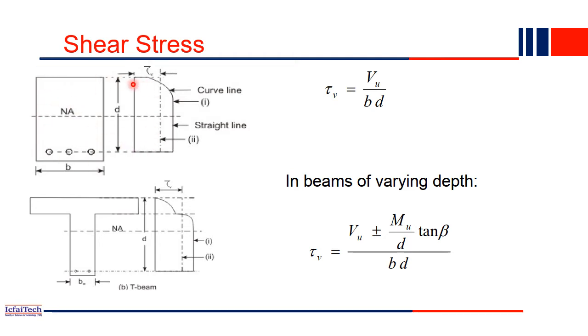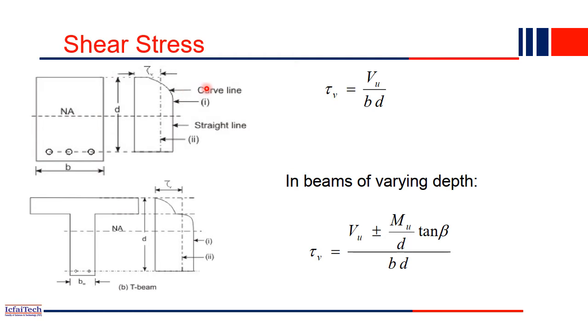So this is a beam, and shear stress will be varying something like that in the cross section. It is maximum at the bottom fiber, and when you go up, it will be parabolic. Okay, so this is the actual shear stress distribution along the cross section of the beam. But for our convenience, or for our computation, we normally use this dotted line. In reality the distribution is parabolic, and then it is straight. But as per our design calculation, we simplify it, consider this dotted line as the shear stress distribution, and then we design it.